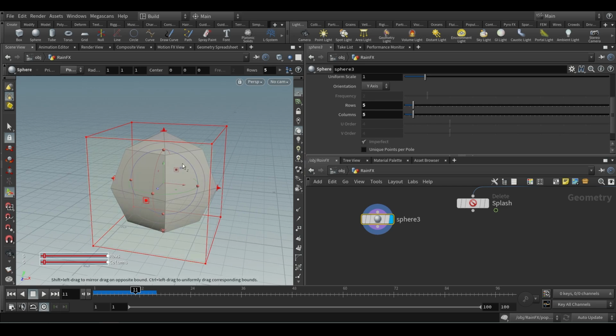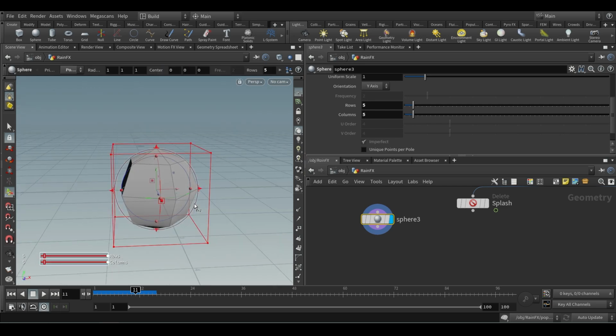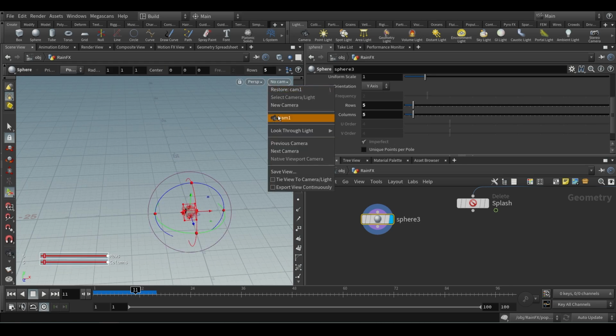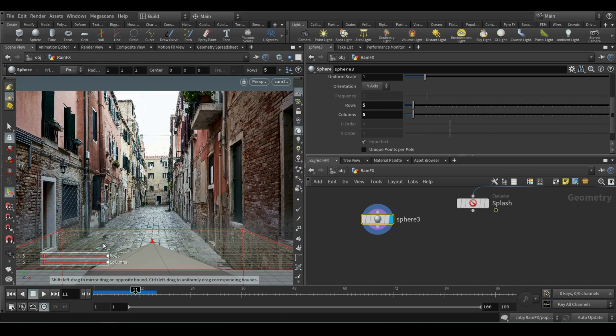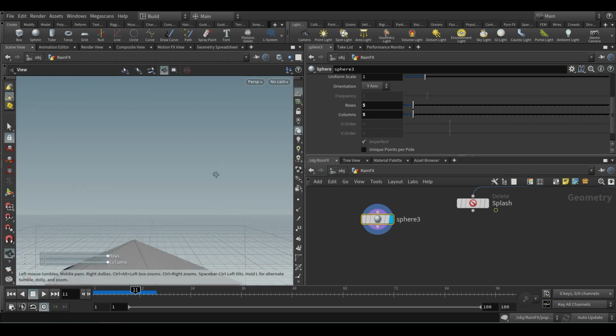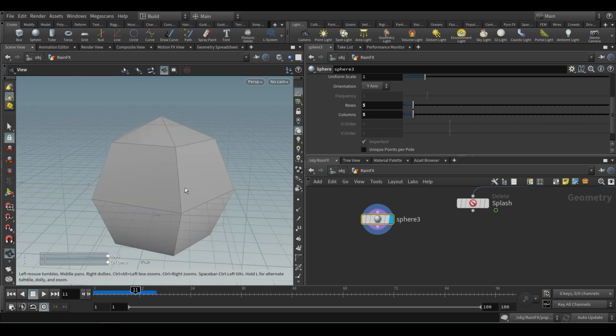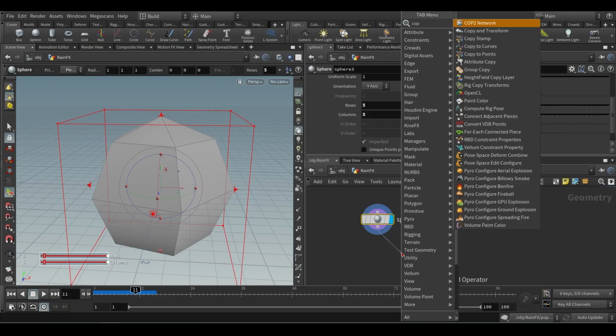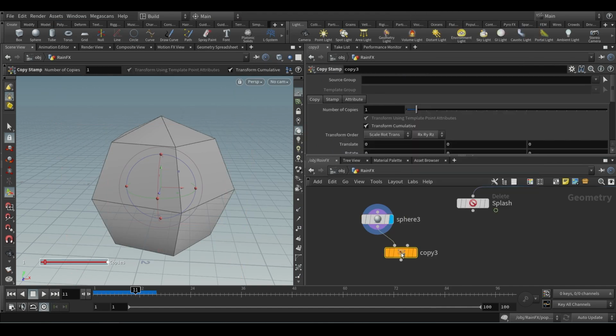If you want a really good shape, you can give a higher resolution and add a mountain. But since the splash is very small, and my camera is somewhere here, the splash will be very tiny, right? So there's no point keeping it big and giving a lot of detail. It's a waste. Connect that to the copy stamp node.